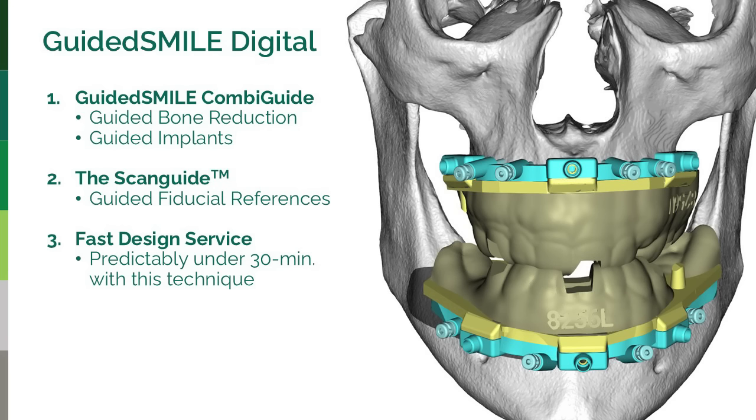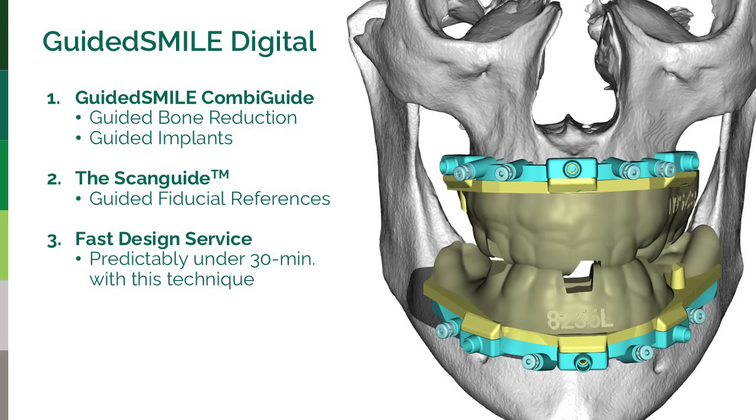Three components. The first is the Combi guide, which is a bone reduction guide and osteotomy guide all in one. But it also features a pre-planned fiducial marker, which we'll teach you about. The second component is the scan guide, which is a masking scannable platform that allows a very smooth capture of the items needed to complete a